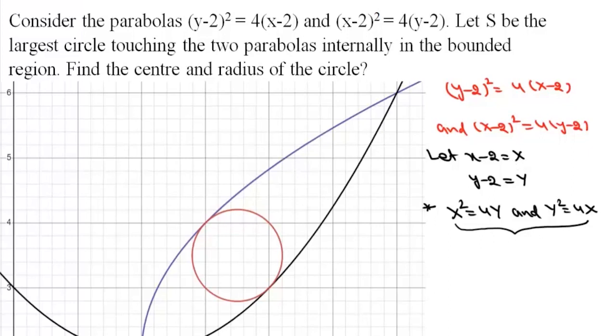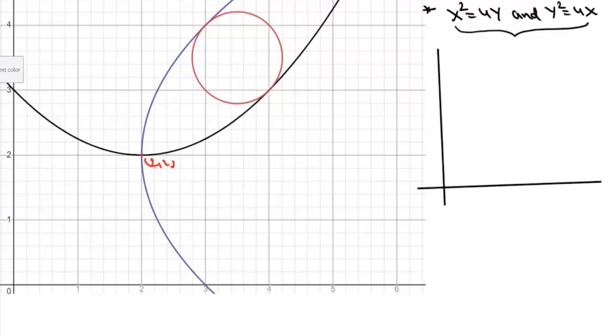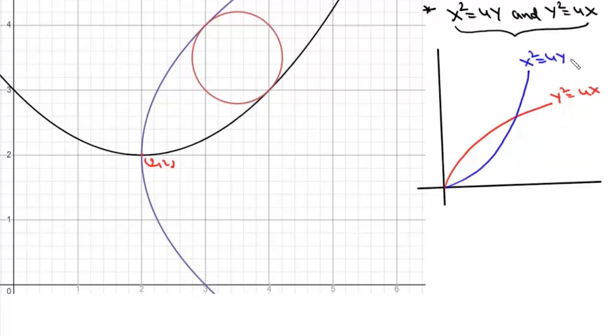So now we have this situation where we have our two new axes, and here we have two parabolas, y square equals 4x and x square equals 4y. Now they'll intersect at origin, and if we equate them, the other point of intersection will be (4, 4). And we need to find the radius of the largest circle which is going to touch both the